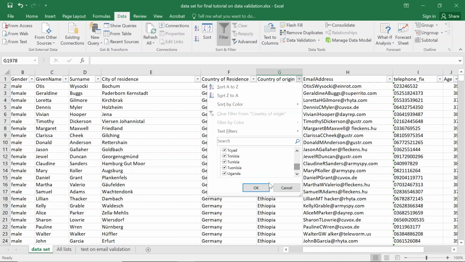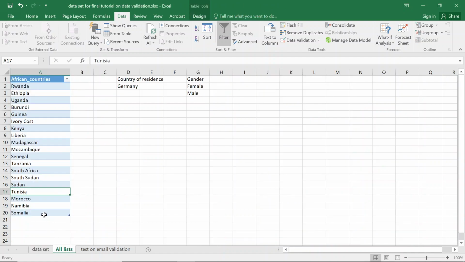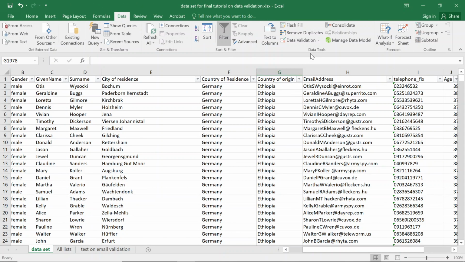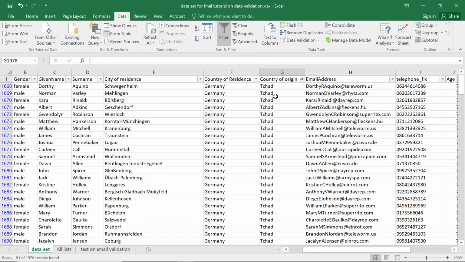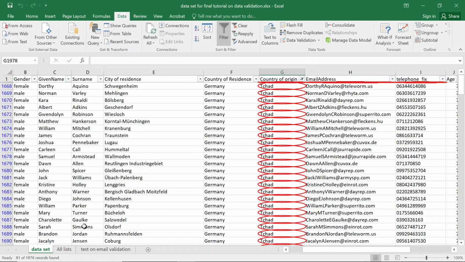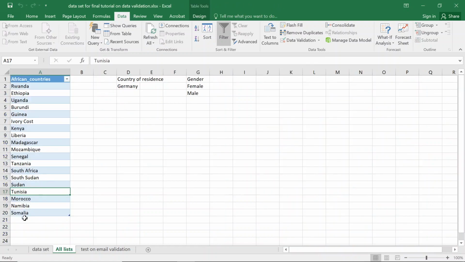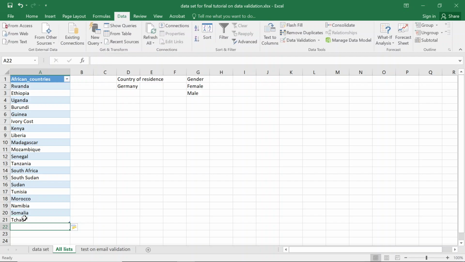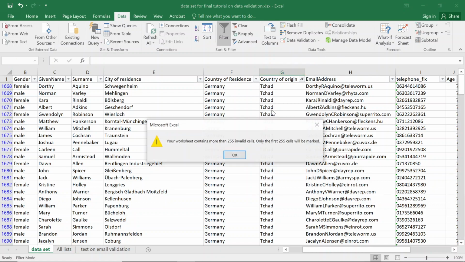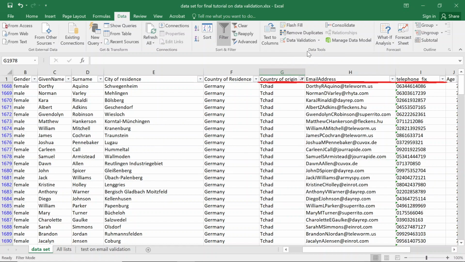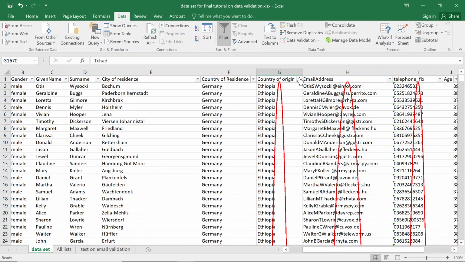Okay, there is Chad here. Chad should be an error. Probably an error. Let me cycle. Yes, it is an error. I have to update this table of mine. I go back to check if it has been corrected. As you see, when we are doing data cleaning, Chad has been corrected. We go back to